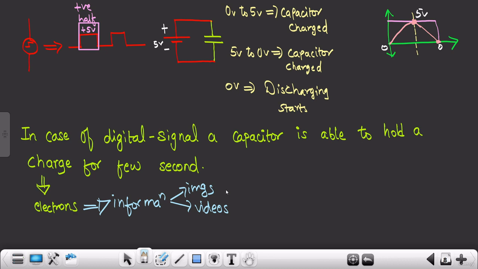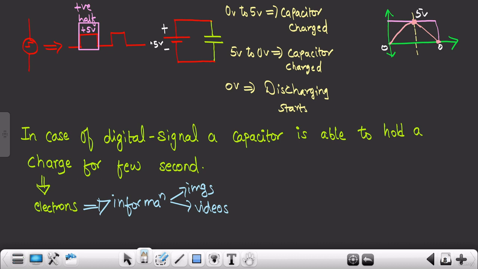But I hope you understood how exactly in case of digital electronics we are able to store the information, or hold the charge, or basically how digital electronics plays a significant role as far as storage is concerned. Again I am repeating, in case of analog electronics, or an analog signal, the capacitor was charging and discharging very quickly. But in case of a digital signal, what is happening,